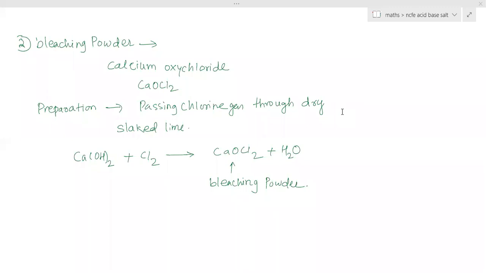Bleaching powder bleaches clothes, that means it discolors them. So it is used in paper industries. At the time of preparing paper, paper is prepared from wood pulp. Wood pulp has a greenish, turbid color, very dirty, just like cell sap. But you see the papers are completely white. This happens when that wood pulp is bleached with the help of this bleaching powder. So the first use of bleaching powder is bleaching wood pulp in the paper industry.